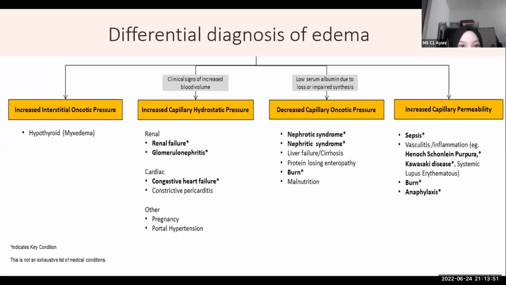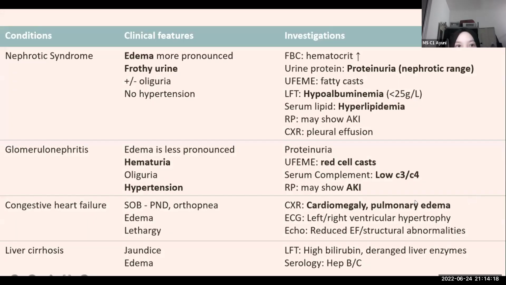But the ones that we want to focus on are, for example, increased capillary hydrostatic pressure, where there is renal failure, glomerulonephritis, and CHF. And then there's decreased capillary oncotic pressure, for example nephrotic syndrome, liver failure, and a patient with malnutrition. In increased capillary permeability, there are patients with sepsis, burn, anaphylaxis, and other differentials. But we will focus on a few of them. So for example,